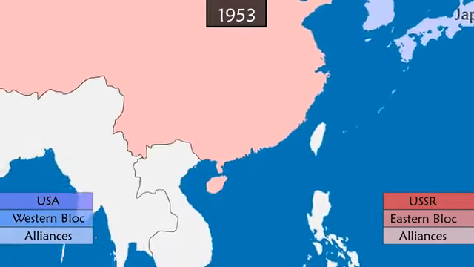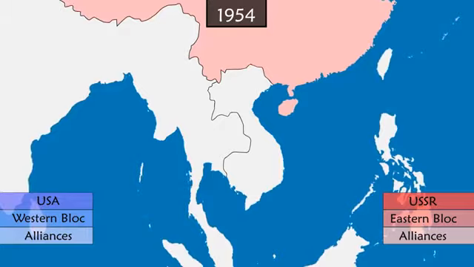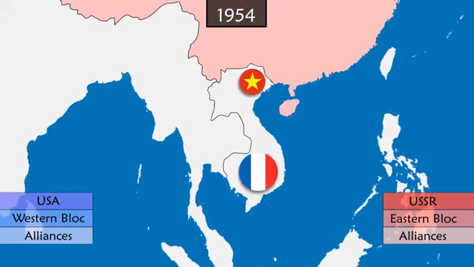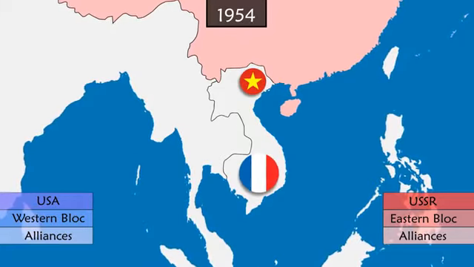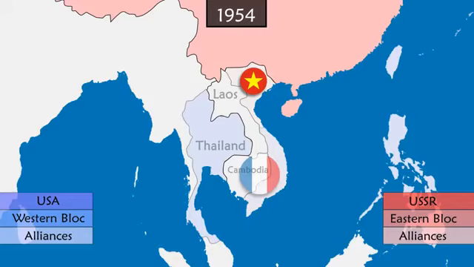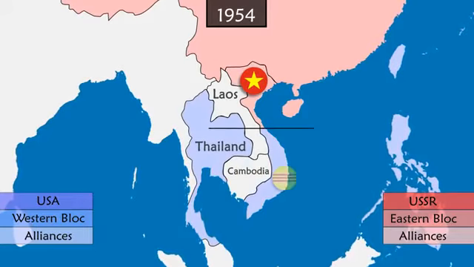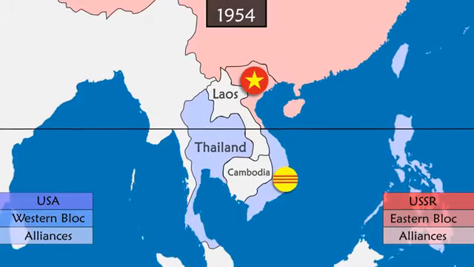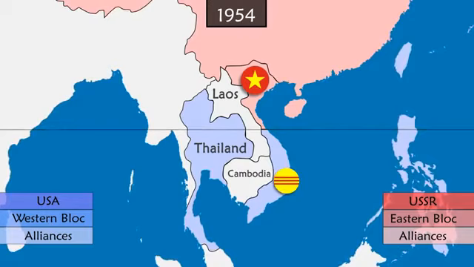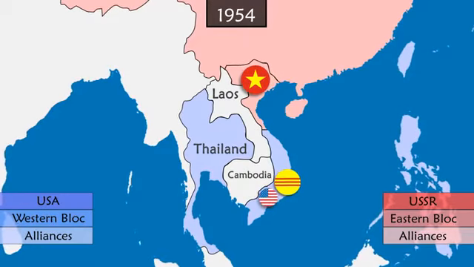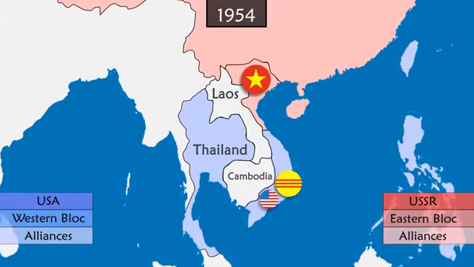China also intervenes in French Indochina, where it supports a rebel communist militia against France, which, after struggling to regain control of its former colony, is forced to leave the region. Vietnam is divided in two at the 17th parallel, with communists in the north and nationalists in the south supported by the United States. This marks the beginning of the Vietnam War.